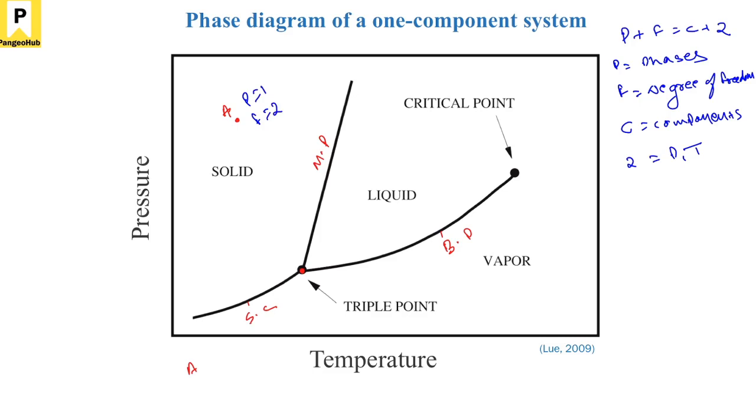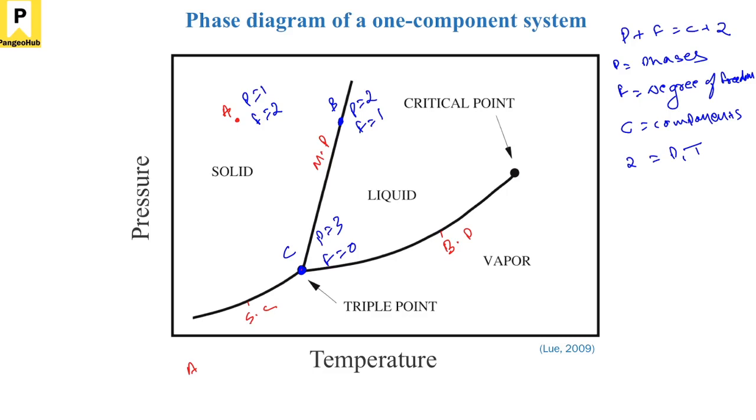And if I ask you to find a degree of freedom, let's say on this curve, the univariate curve where you have coexisting solid and liquid, so this is the solid liquid equilibrium. In this case, the number of phases is 2, so the degree of freedom becomes 1. And then if I ask you to calculate degree of freedom at this point, which is C, in that case, you have all the three phases coexisting. So the number of phases is 3 and the degree of freedom is 0. So you see, fields are divariant, lines are univariant, and points are invariant in these diagrams.